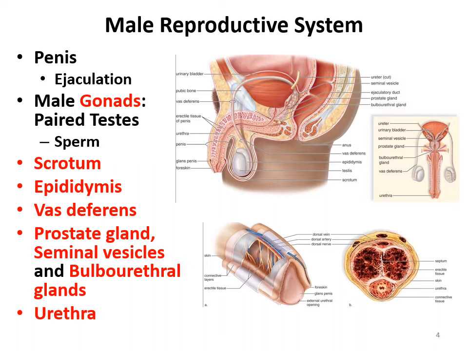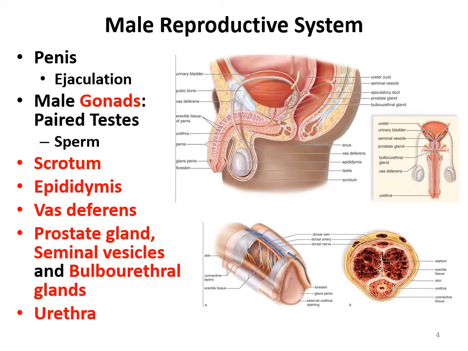You also, as part of the male reproductive system, have the prostate gland, as well as seminal vesicles and the bulbourethral glands. And so when you hear glands, that's usually relating to some sort of secretion. In this case, all of these are contributing fluid to semen that allows the semen to be mobilized, to allow it to flow through the male reproductive system. Okay, so all of these are involved in contributing fluid to semen.